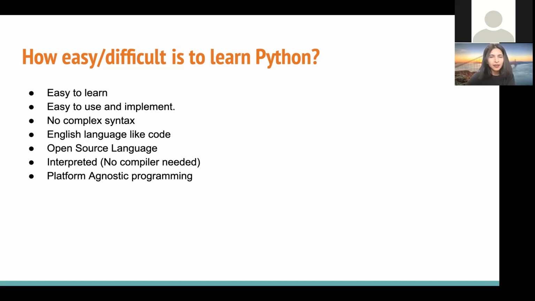But unlike other programming languages, Python is easier to learn because it comes with only a few syntax rules that are specific to Python. Other than that, the syntax of Python is just English looking like English statements.